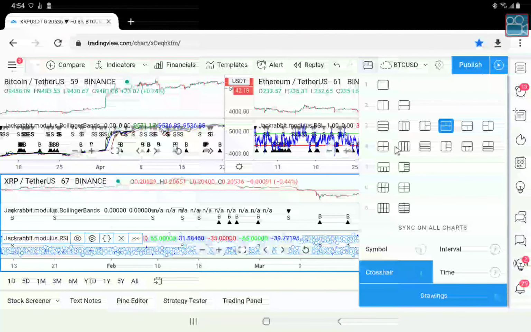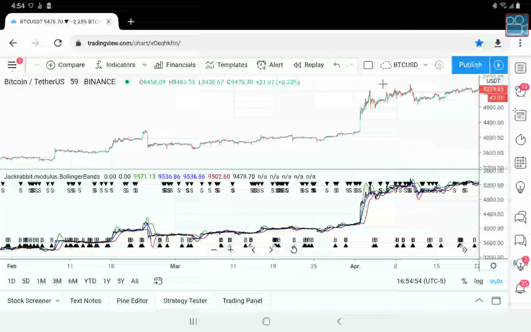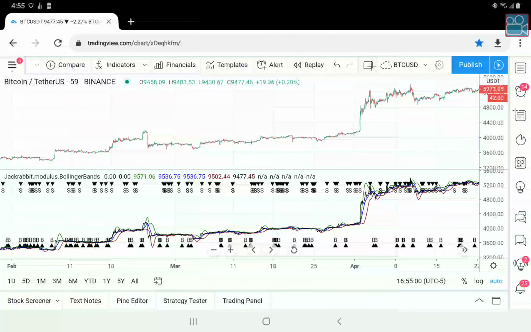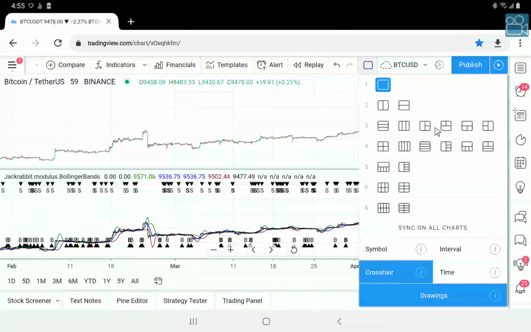And you can actually pick all of these different kinds of charts. No, it won't. So the easiest way is probably going to be just